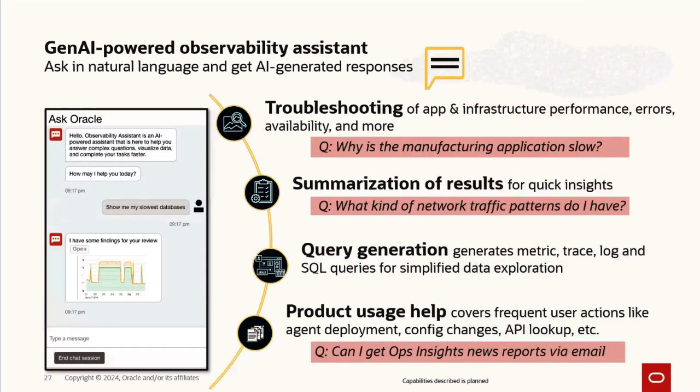Let's say in APM, it has somewhat of its own language to really get into the nuts and bolts. Logging analytics is the same. If I want to use a Gen AI powered assistant, I can come in and say, hey, why is the manufacturing app slow? It's going to look across all the different services and provide that information. What kind of network traffic patterns do I have? Can I get Ops Insight news reports via email, helping you use the tool more efficiently, and also giving you knowledge and recommendations from multiple services within the observability and management platform,